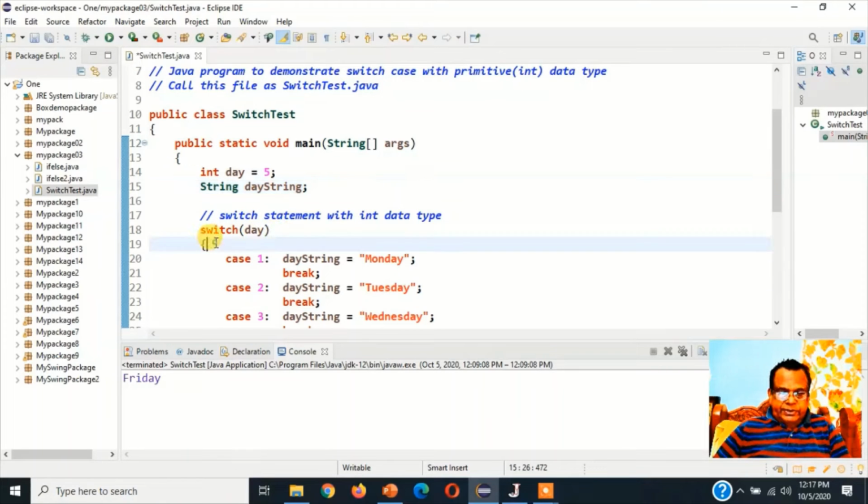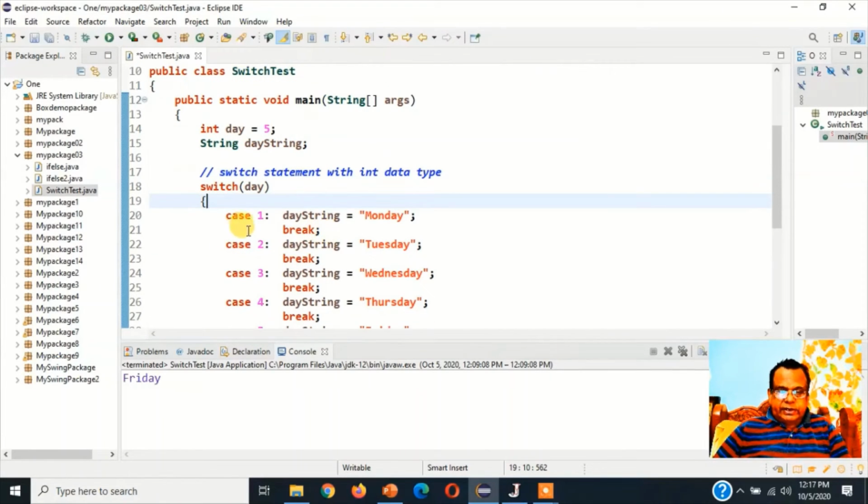Open the brace. Now look, case 1: dayString = "Monday"; next line, break; Then case 2: dayString = "Tuesday"; break; Then case 3: dayString = "Wednesday"; break;